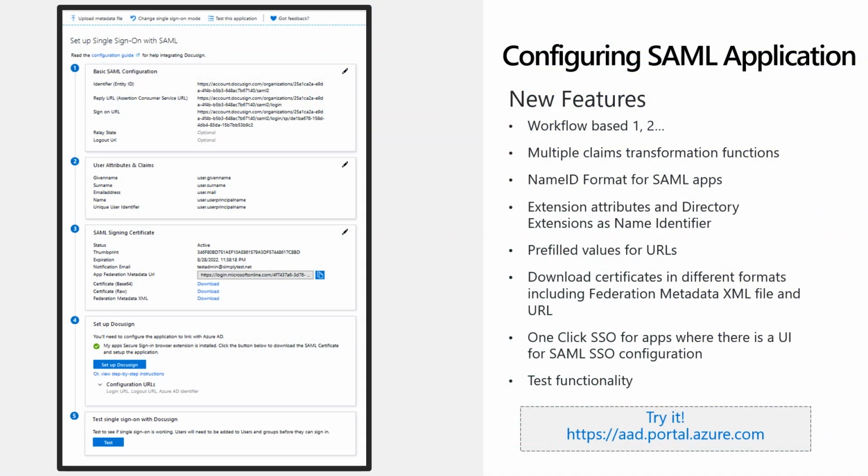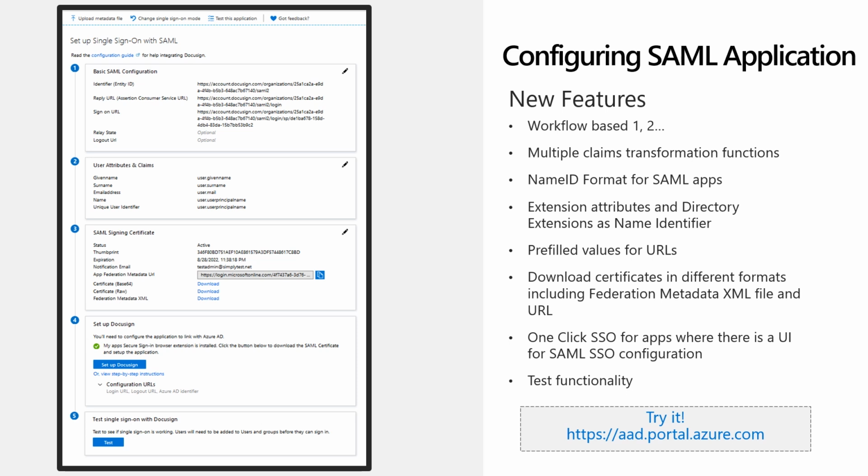Similarly, we have directory extensions. Directory extensions are a little different from extension attributes. We have seen that customers have a customized schema on-premise AD. So if you have your on-premise AD customized with different user schemas, then you can sync those attributes into these directory extensions in Azure AD. You need to enable this feature first in Azure AD Connect and then sync those directory extensions into Azure AD through Azure AD Connect.